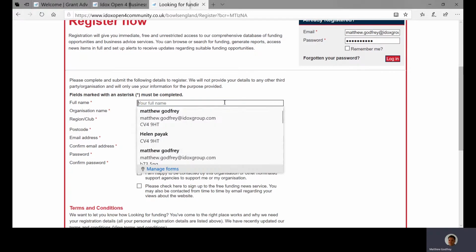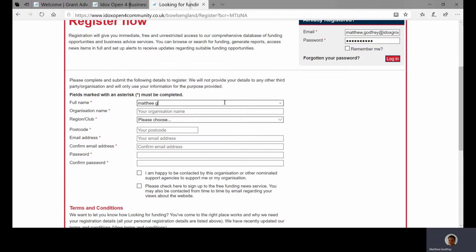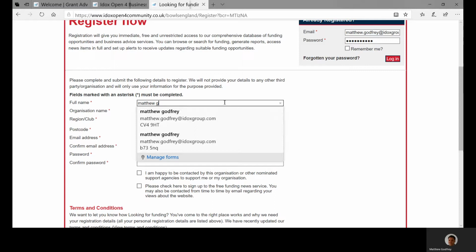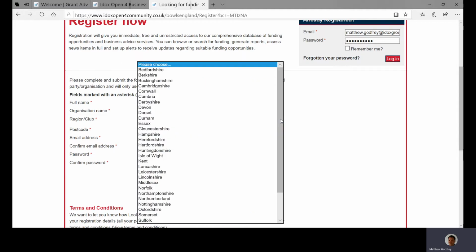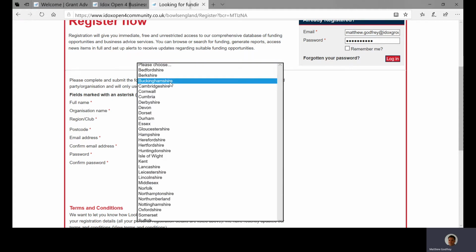follow a step-by-step process. So in here I shall put in my name, organisation name, but as you'll see here, you've got region or club. So as a prerequisite from Bowls England, they wanted to make sure that only you guys had access to this. So you would identify the area of the country that you fall into, your club falls into, click on that,